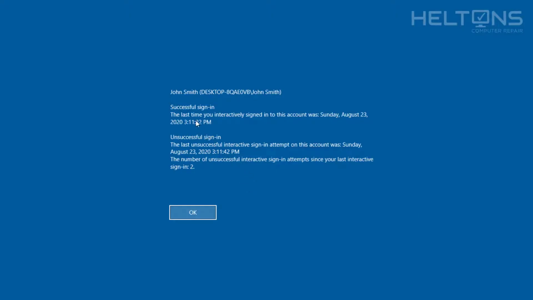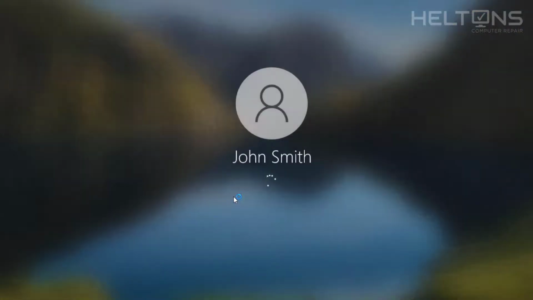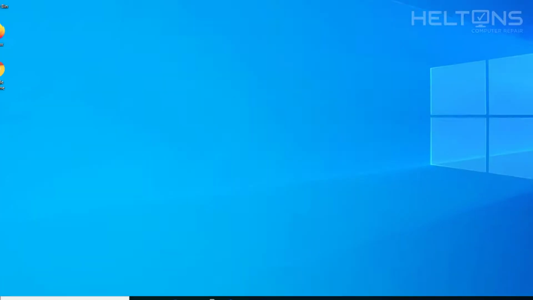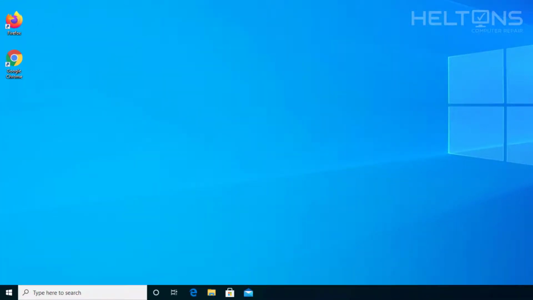So right here it now shows us that John Smith, this user, successfully signed in on August 23rd, 2020, and it was unsuccessful to sign in a few seconds before, so I have these logs. And it says how many unsuccessful sign-in attempts, so that was 2 tries. It's very useful for this, so we're going to press OK. So it gives you a log to know if someone has been on there. That was pretty simple if you had the option to do this on Windows Pro,